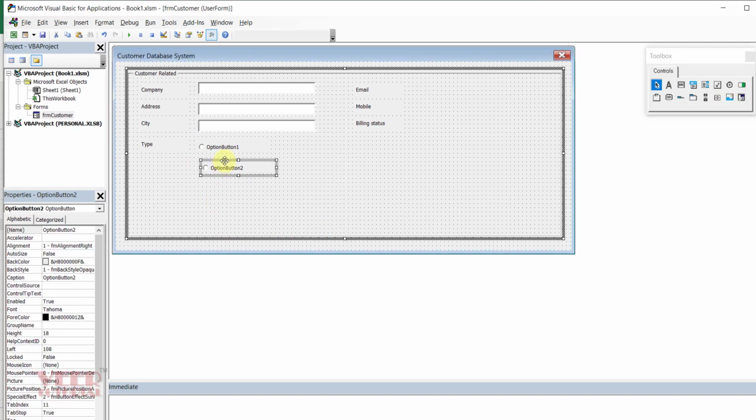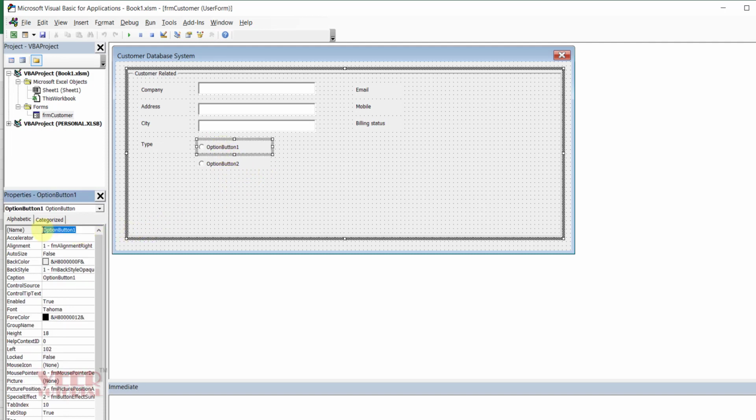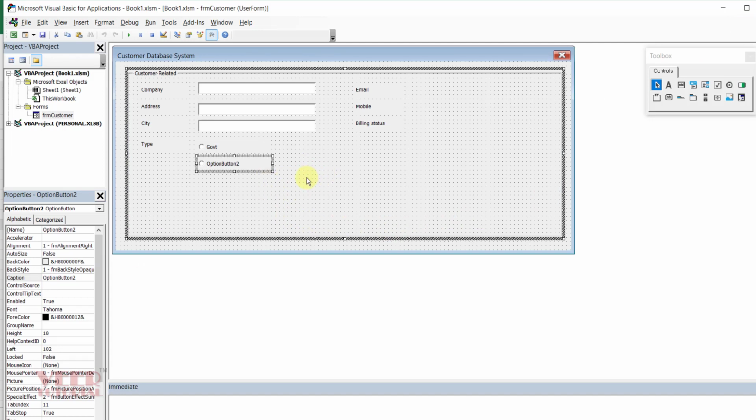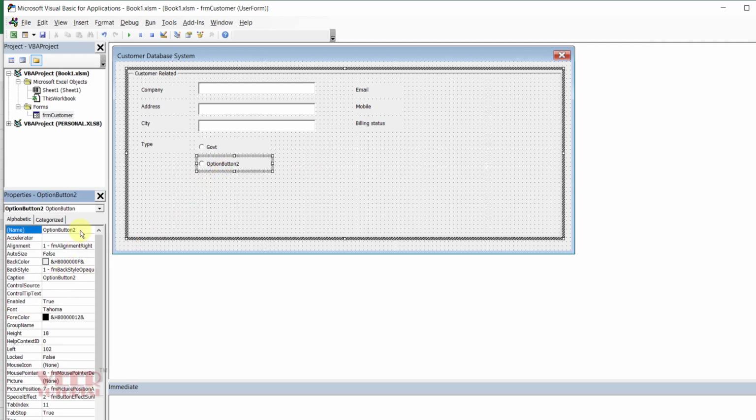So the user has the option to select the option ratios or the button, we can say anyone from them. So I will select this one. I will give the name to option govt, government, and change the caption to govt. Similarly, if you double click on any subject, it will open in the VBA. Again I will select this one, and I will change the name to opt PVT and change the caption as well